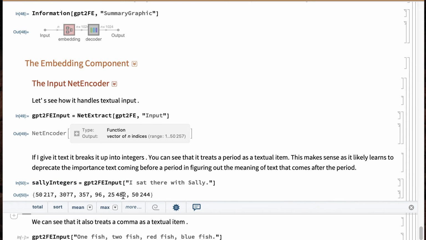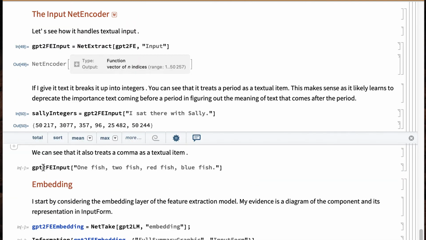That is, it's going to translate each word into integers. And let's count. 1, 2, 3, 4, 5. 1, 2, 3, 4, 5, 6. What's that sixth? And it turns out that GPT-2 does care about punctuation, which actually makes a lot of sense, because punctuation is often a good guide to knowing how far context extends, like materials before a period might not provide very much interesting context to materials after a period. Comma is kind of a weaker break, but the key thing is that GPT-2 does encode punctuation.